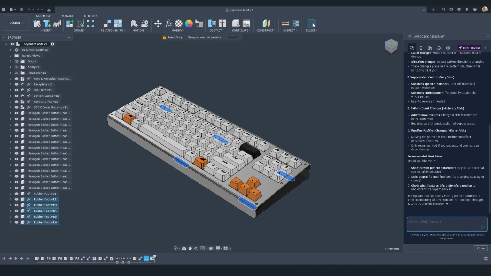It also advises that the update tool can safely modify the pattern parameters while maintaining all downstream relationships through automatic